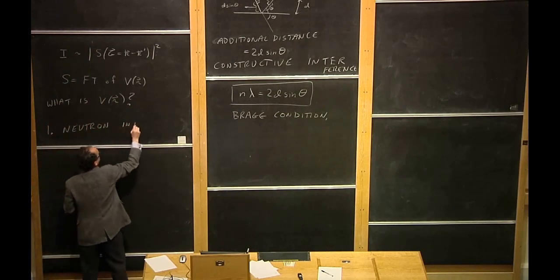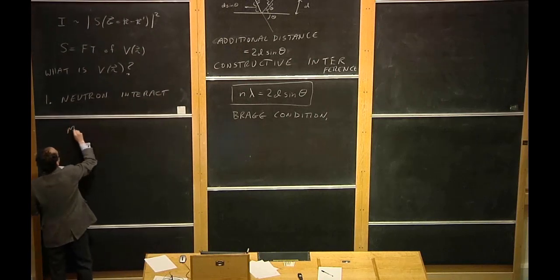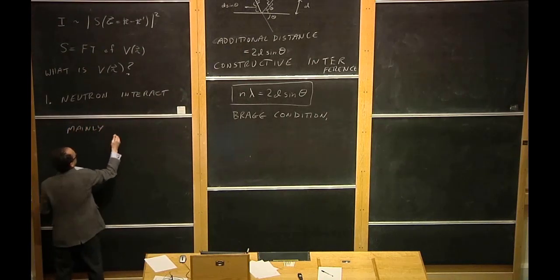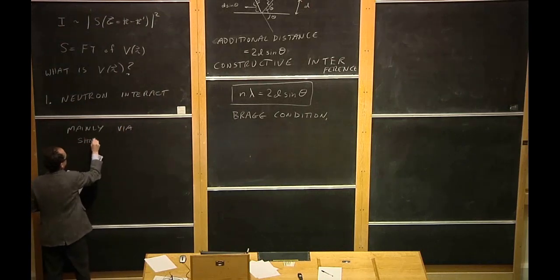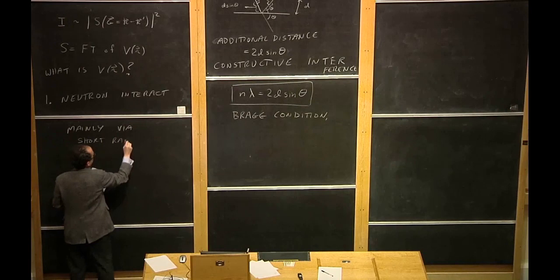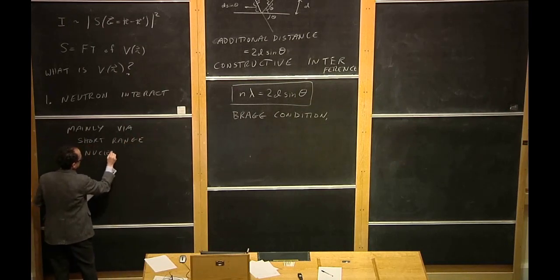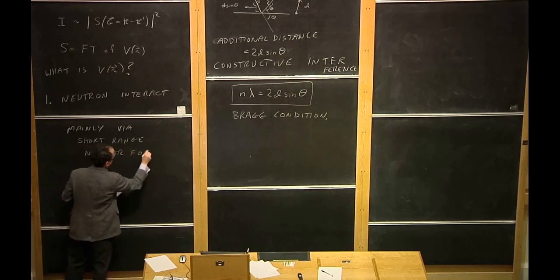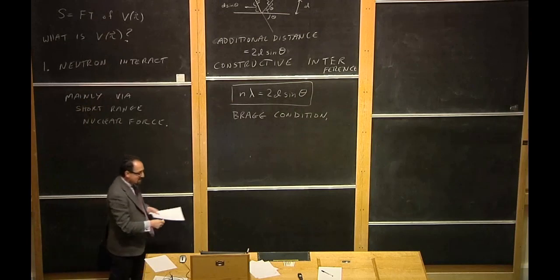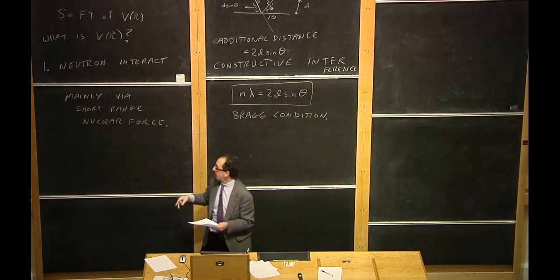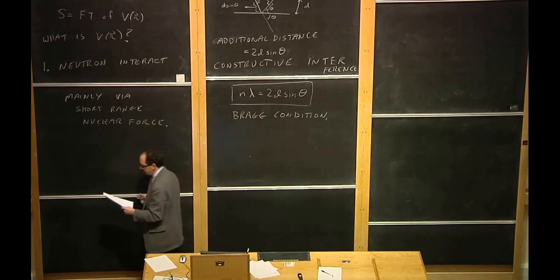Neutrons interact mainly via nuclear forces, via short-range nuclear forces. So what does that mean? It means the neutrons go into the sample and they see very short-range potentials associated with the nuclei, and we